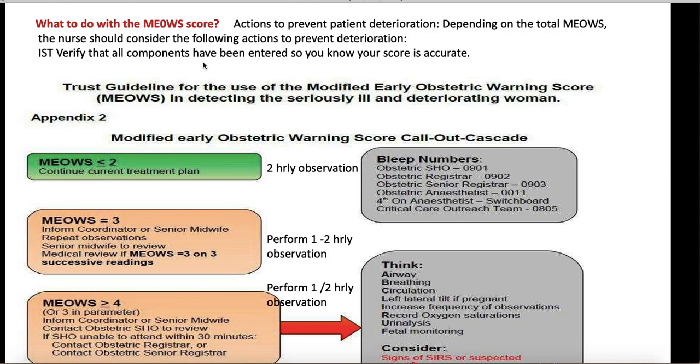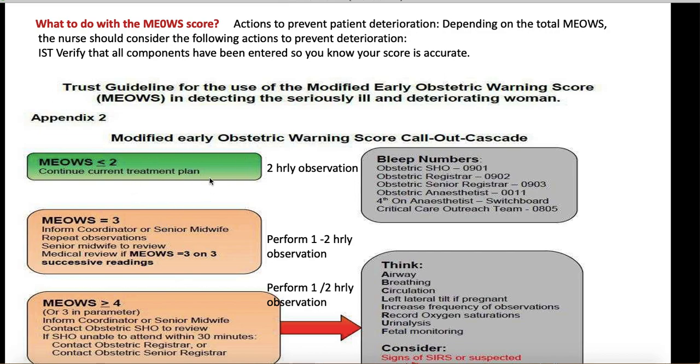The nurse should consider the following actions to prevent the deteriorations. First, she will verify that all components have been entered, so you know your score is accurate. These are the guidelines in the seriously ill and deteriorating woman. To detect the seriously ill and deteriorating woman, the modified early obstetric warning score call out cascade. This is the call out cascade. So MUSE 2, if our score is MUSE 2,